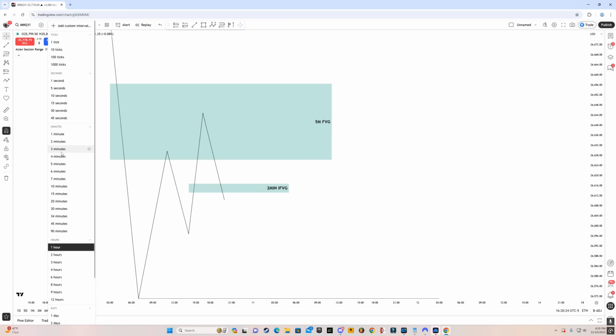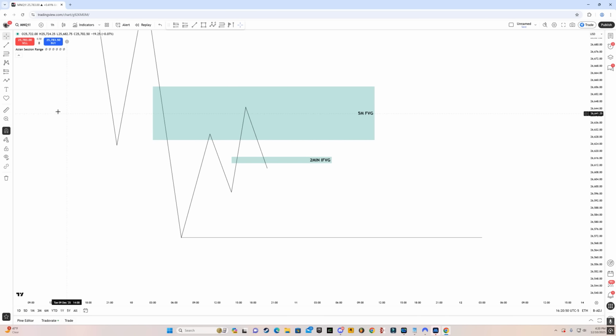And again, if there's a fair value gap on the 3 minute, then you're going to check the 4 minute. If there's no fair value gap on the 4 minute, you're going to stick to 3. If there is a fair value gap on the 4 minute time frame, right, you want to check the 5. And if there's no fair value gap on the 5, stick to 4. And finally, if there's a fair value gap on the 5 minute, then just use that fair value gap to be inversed. I hope you understood what I talked about here.